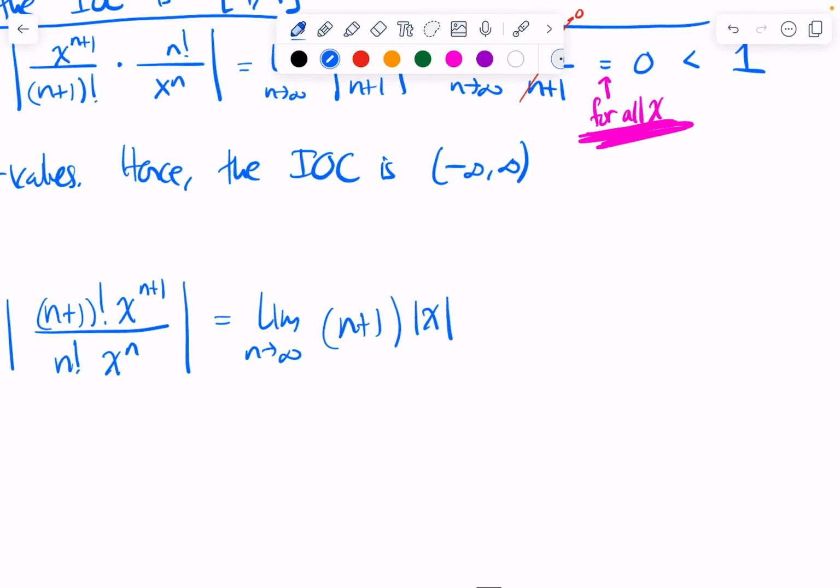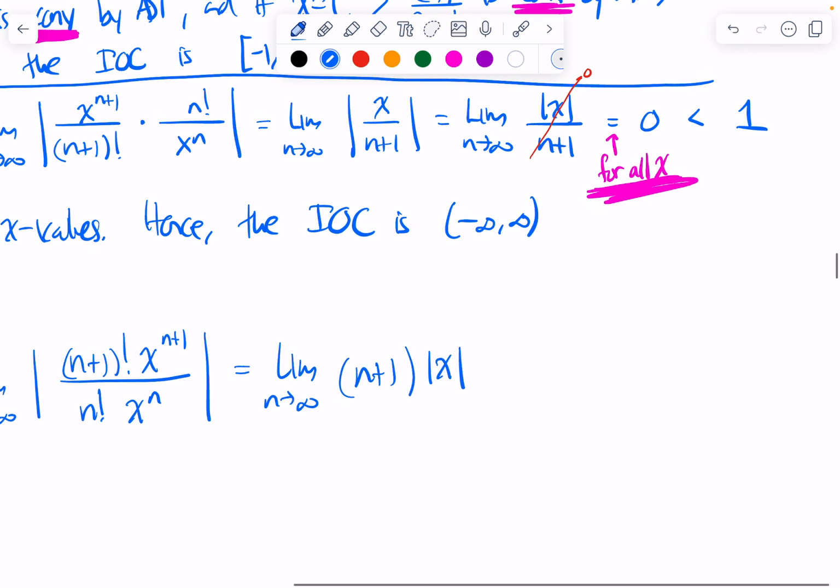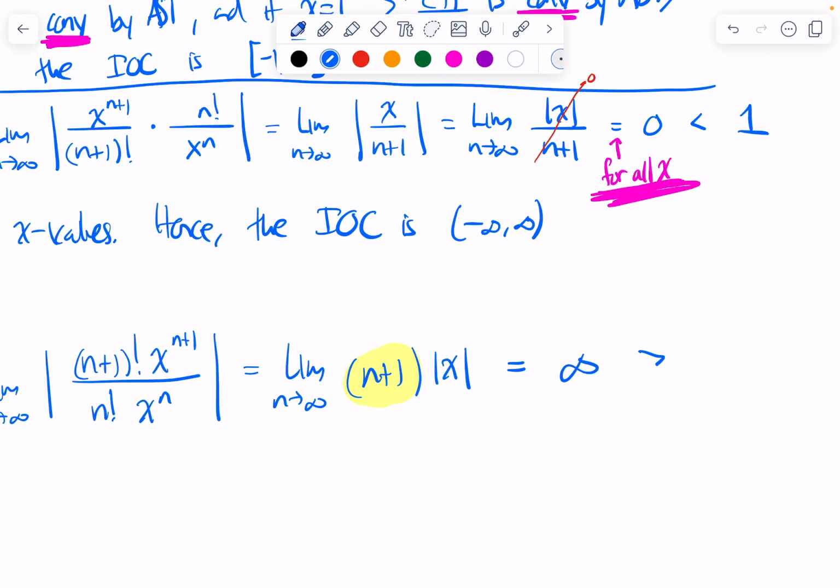Here, instead of getting pizza tricked like before, this n plus 1 really wants to blow up to infinity. And in fact, it will. No matter, it seems, what this x is, this n plus 1 will surely blow this up to infinity, which is of course larger than 1 and hence divergent. Except one magic point. This is true for all